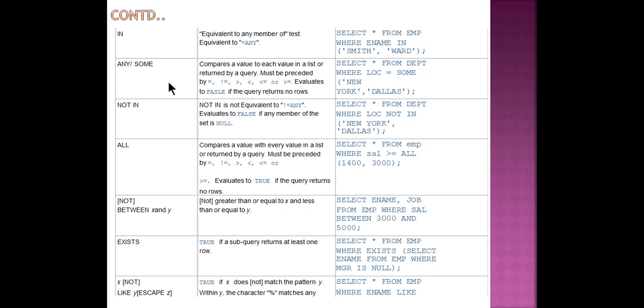Similarly, you can also use the operator ANY.